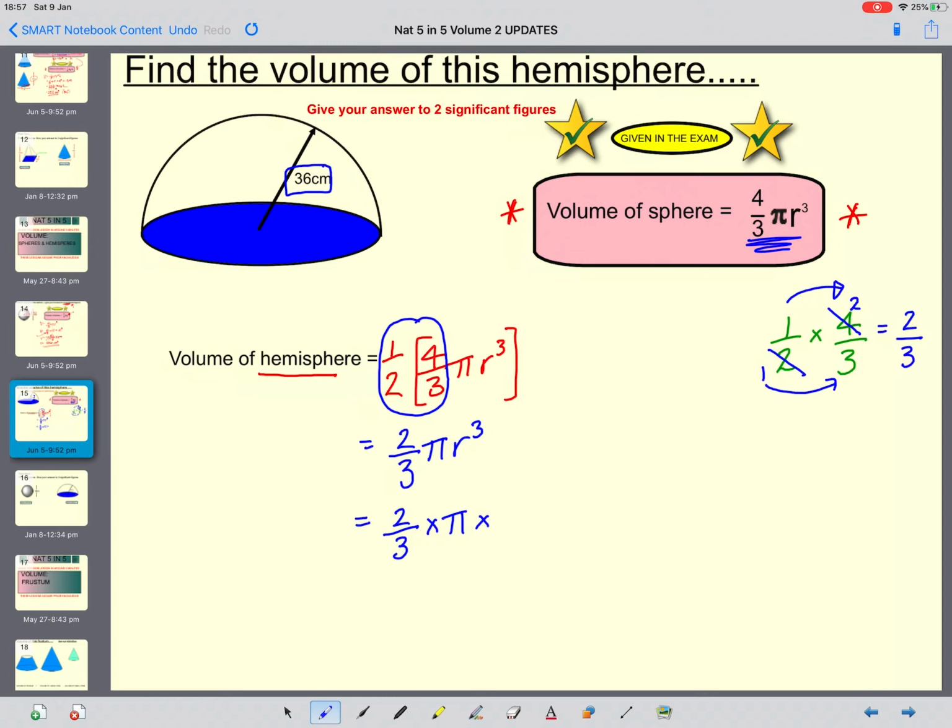I don't know why people do this, but they often make a mistake and they often half that 36, thinking that 36 is the diameter. That 36 is the radius. And again, when I'm teaching my kids, I usually just say to them, just make a full sphere, just a wee one. If you make a full sphere, it makes it really, really clear that that 36 is the radius. So you're going to do pi multiplied by 36, all cubed. And again, type that into your calculator and you get an answer of